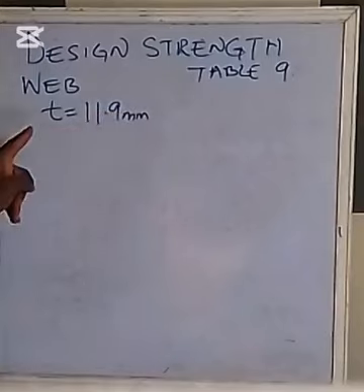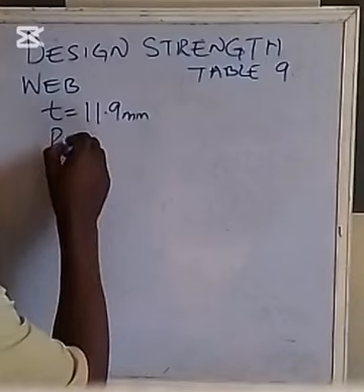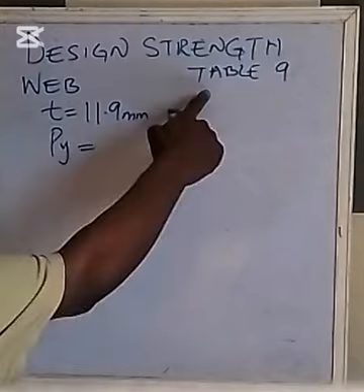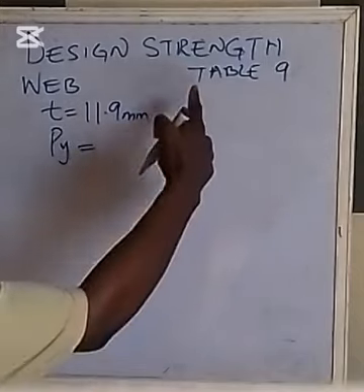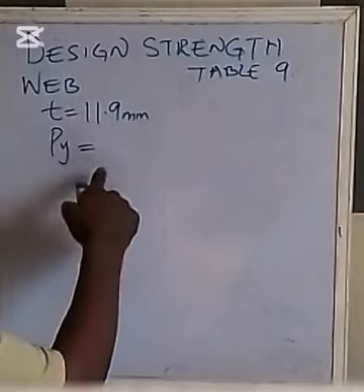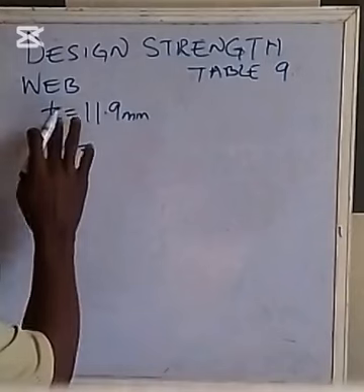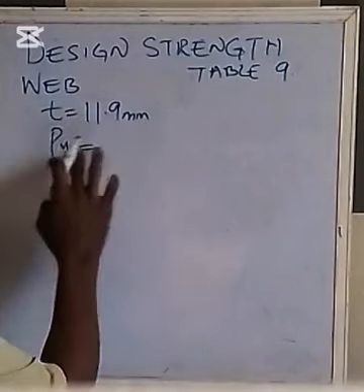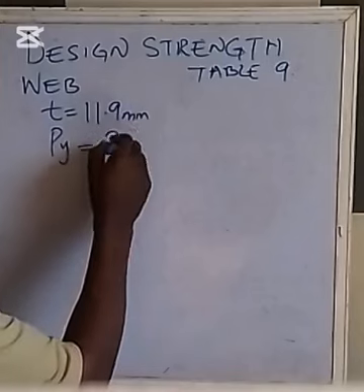When the thickness is less than 16 mm, I said earlier that it's going to be our Py, which is the design strength, is going to be 275. This you are going to check from the table 9 that I wrote here. So it's from table 9 that you are going to get all these values. But the thickness of the web now, we already know that is 11.9. So our Py is going to be 275